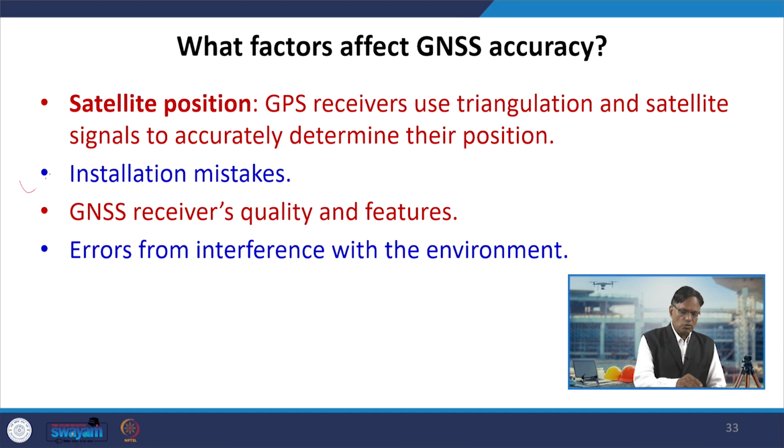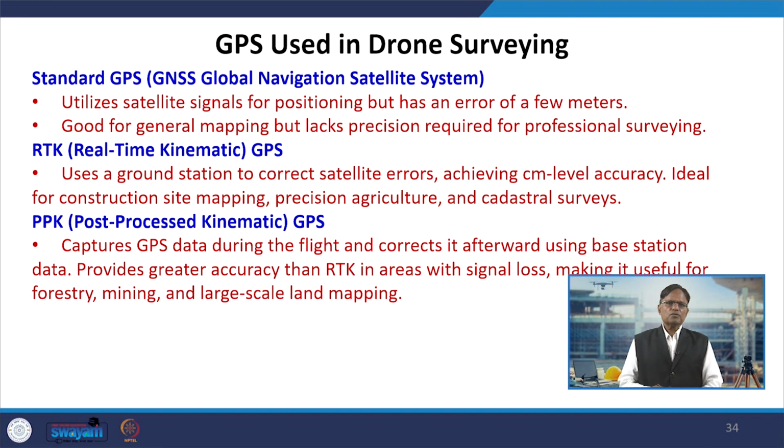If we have installation mistakes when we are starting our work, or the GNSS receiver quality and features are not good, we get error. We also get error from the interference with the surrounding environment. The GPS which we are using in the drone survey is a standard GPS, which is a GNSS